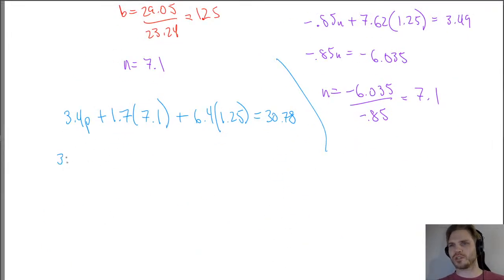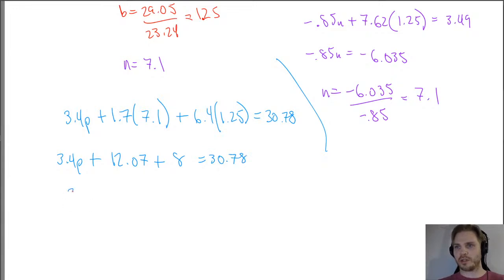So we'll just simplify. So 3.4p plus 12.07 plus 8 equals 30.78. So 3.4p equals, this is 20.07. So this is 30.78 minus 20.07, which is